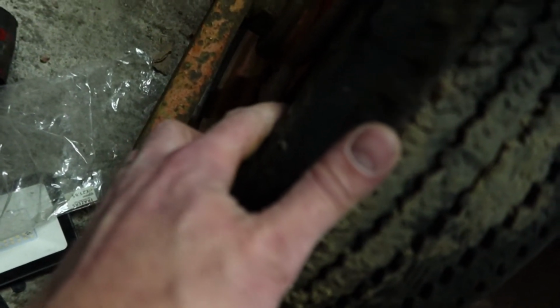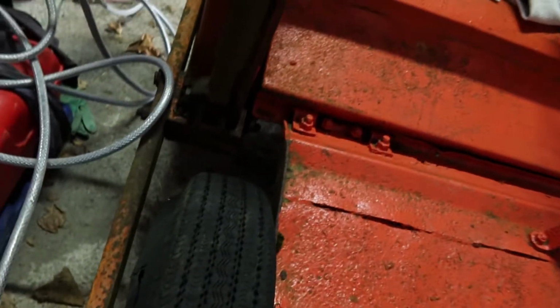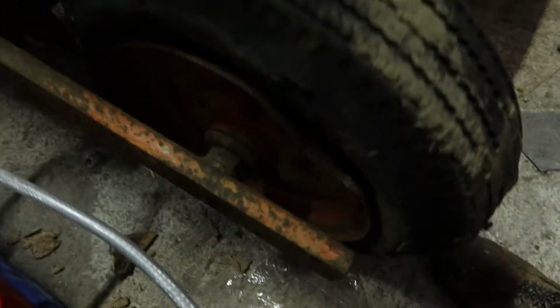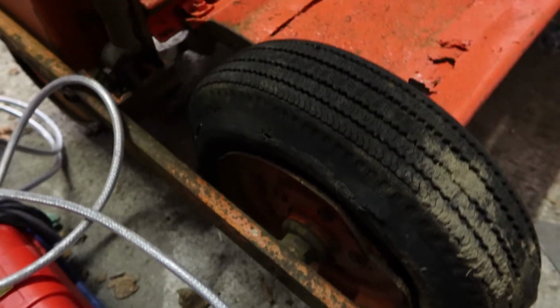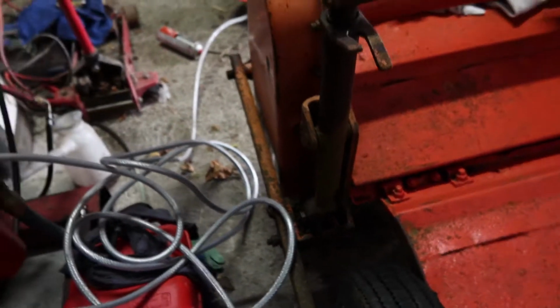So coming around to the other side, this tire is completely gone, and not only that, but the rim is also damaged and it's rusted through in one spot. Just trying to squeeze myself in here by the Detroit so I can show you. You can see that's fairly badly mangled there, so that wheel's going to have to come off. I'm going to have to weld that rim. And again on this side,